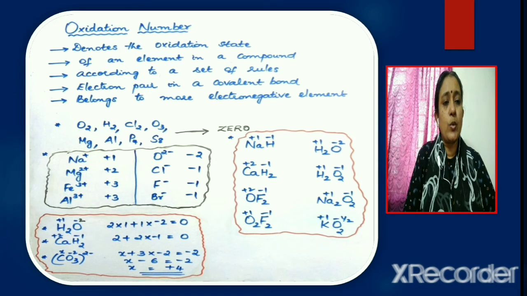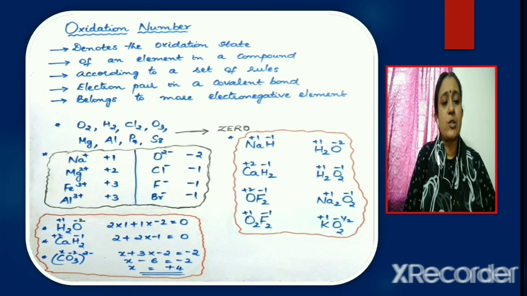Now consider sodium hydride, NaH. Hydrogen exhibits an oxidation number of +1 in almost all the compounds. But in hydrides, the oxidation number of hydrogen is -1. Sodium, being an alkali metal, has an oxidation number equal to +1. And now if we take the sum of the positive and the negative oxidation states, the sum will be equal to 0 since it is a compound.